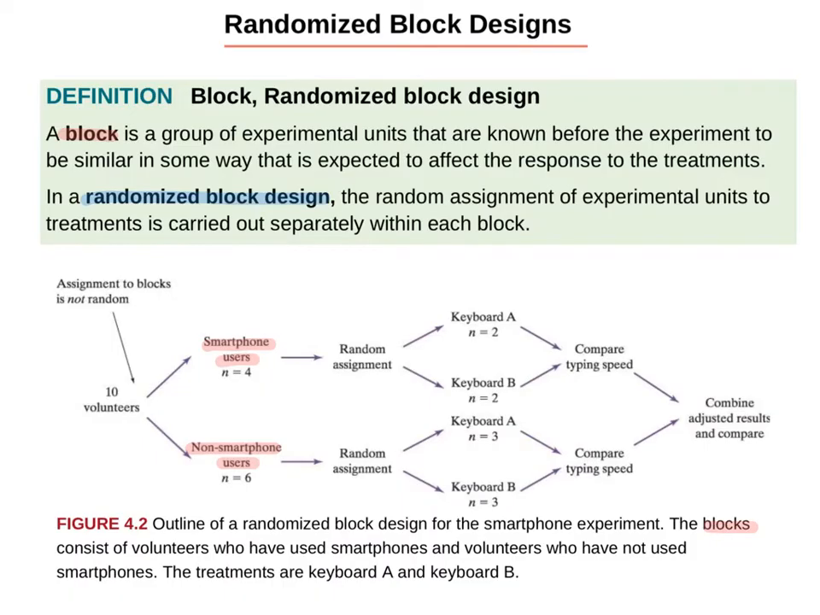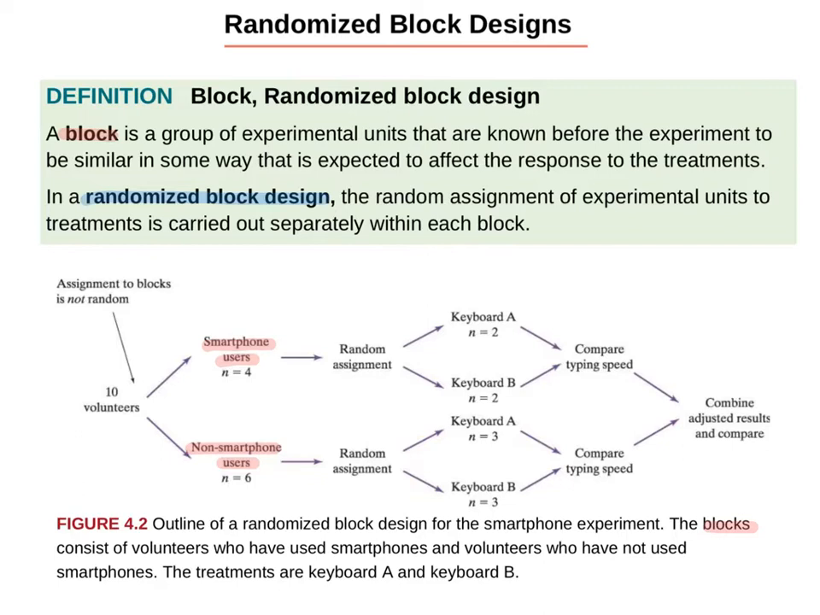So while completely randomized designs are the simplest type of design for experiments, they're not always the best choice. Another choice is something that we call randomized block designs. So a block is a group of experimental units, remember those people, animals, things, your subjects, that are known before the experiment to be similar in some way that is expected to affect the response of the treatments. So a randomized block design is the random assignment of experimental units, again, subjects, to treatments is carried out separately